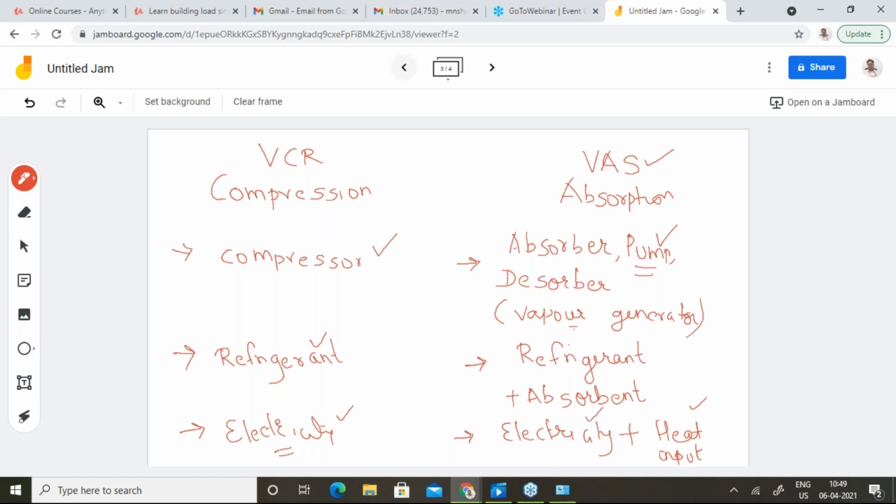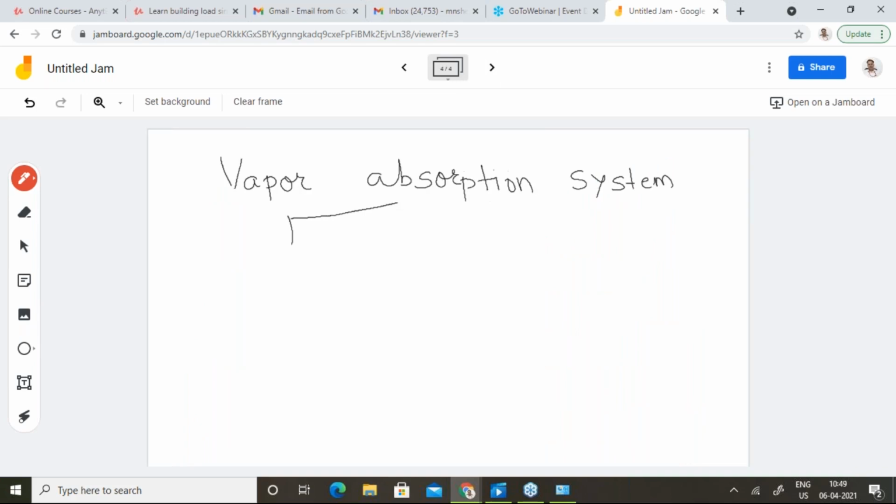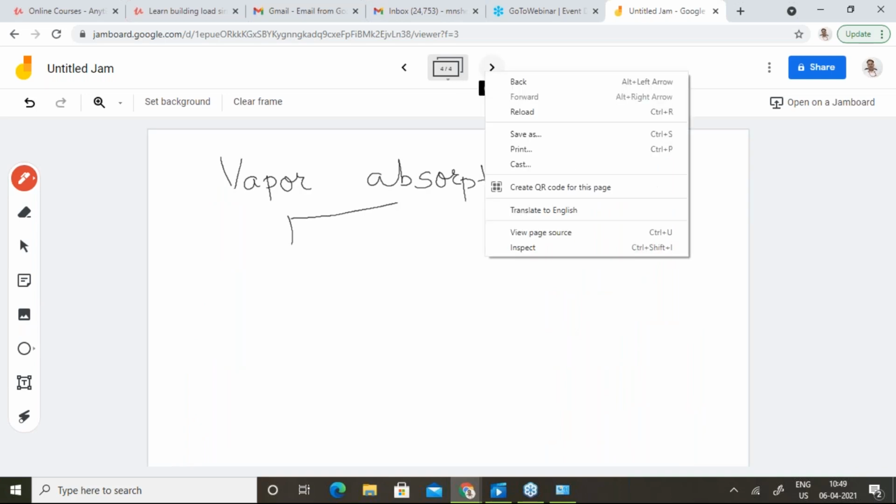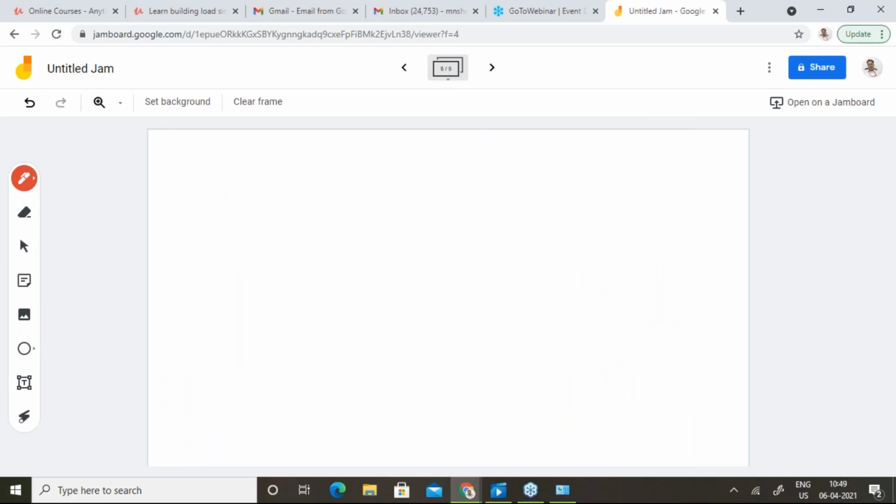If you want to calculate the electricity required for the compressor in the VCR technology, how do you calculate it? The compressor is an open system, and we can model it as a steady flow system. So for a steady flow system, the work input,